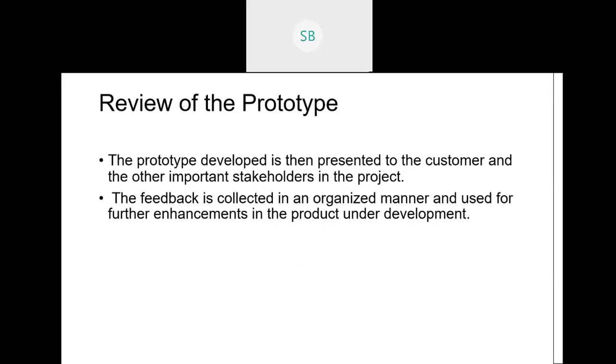Next, the customer will review the system. They may say, no, I wanted some different features, but this is different from the one I desired. The customer uses it and finds all the faults and functionalities, whether there are any additional features they want, or features that were not wanted by them. These things are reviewed in the next phase. This is the third phase in software prototyping.